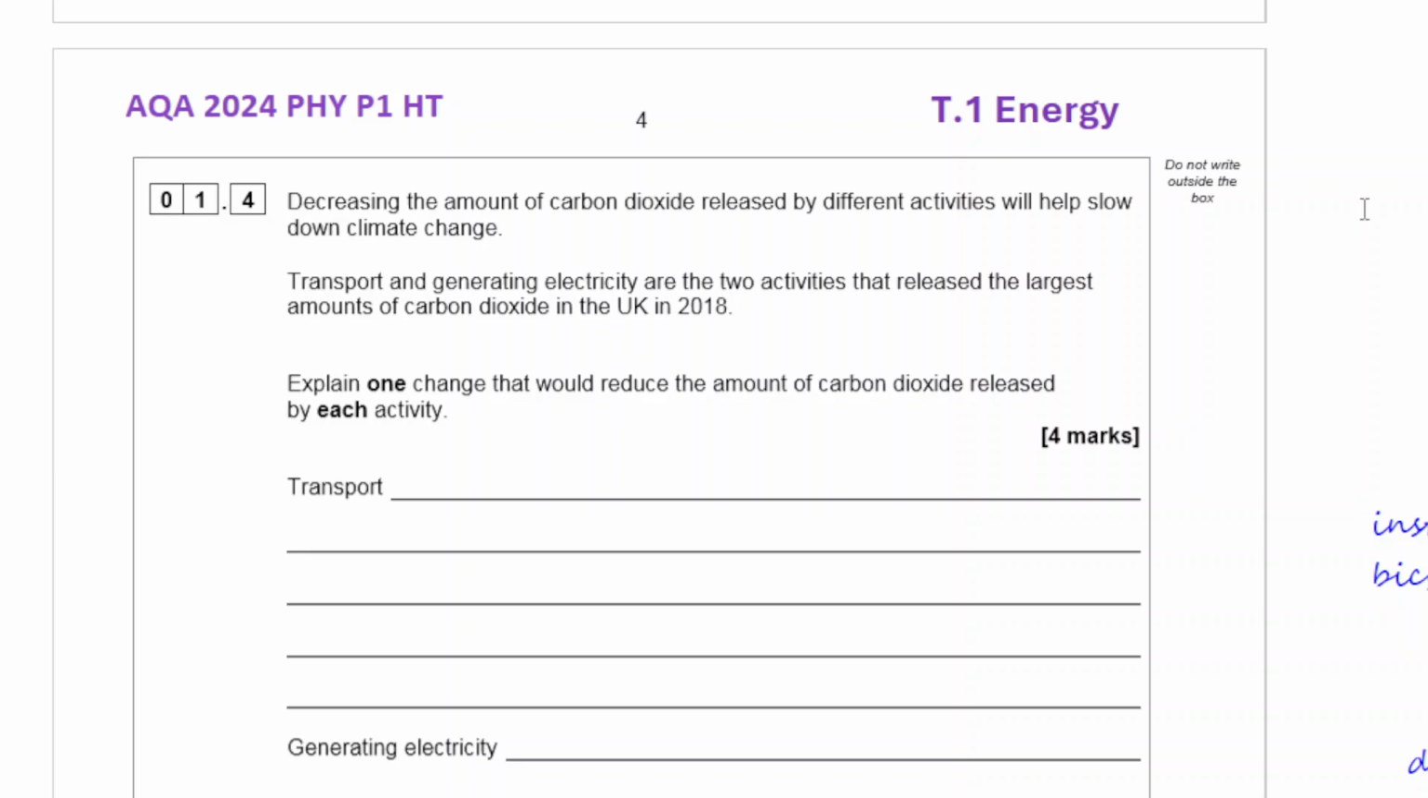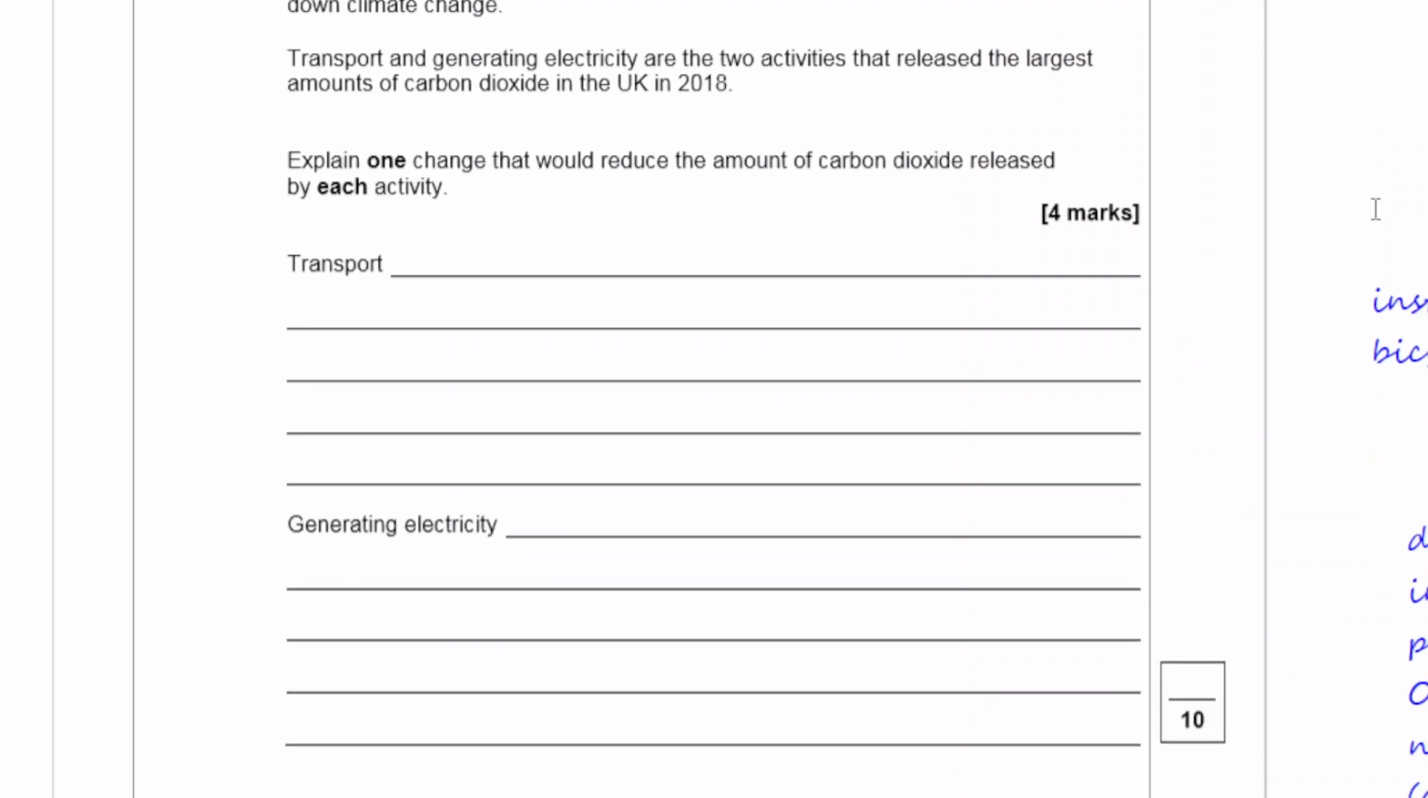Decreasing the amount of carbon dioxide released by different activities will help slow down climate change. Transport and generating electricity are the two activities that release the largest amount of carbon dioxide in the UK in 2018. Explain one change that would reduce the amount of carbon dioxide released by each activity. Now, transport,